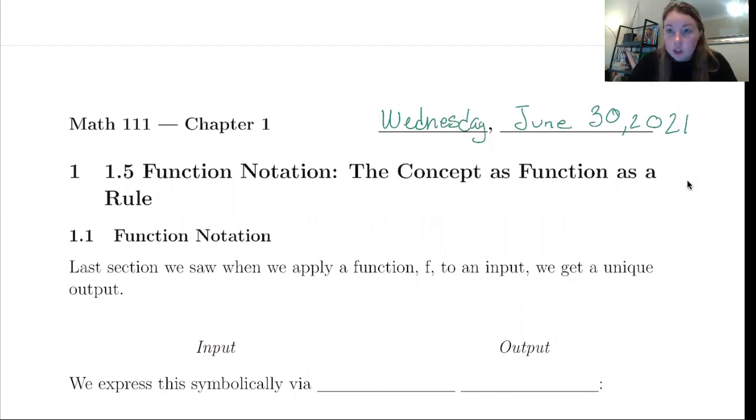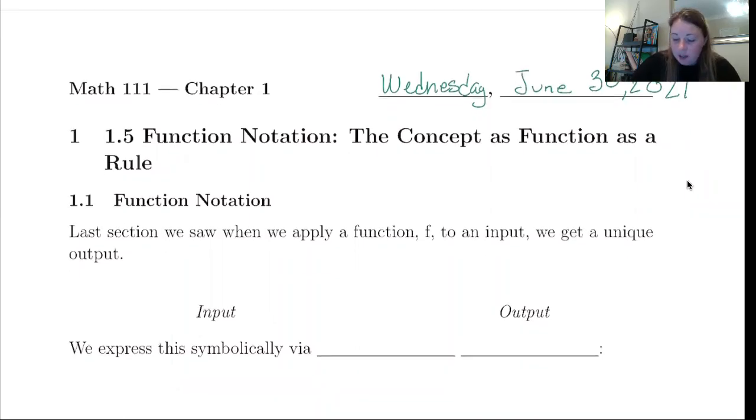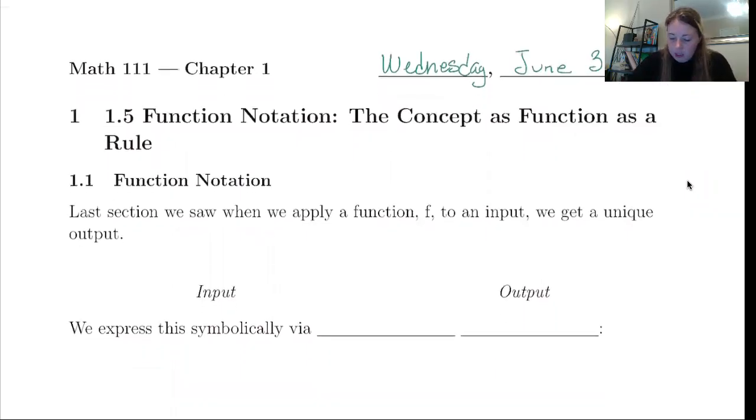like what is a function, right? And we kind of were using "output" at this time, and we didn't really have a nice way of saying it in a shorter way. So 1.5 is all about what's called function notation. So the concept is a function as a rule. So the function notation,